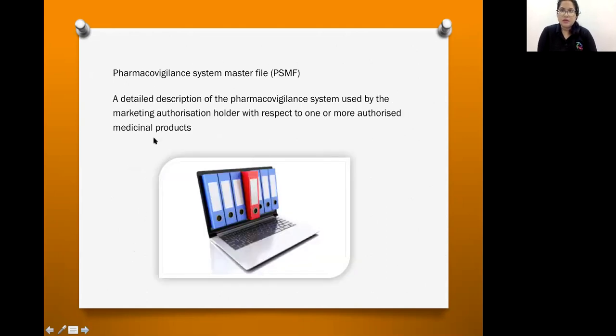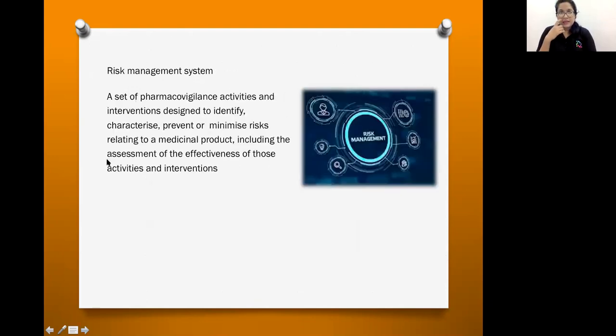In Europe, there is also a requirement of a pharmacovigilance system master file. It is a description of the pharmacovigilance system used by the marketing authorization holder with respect to one or more authorized medicinal products. Then there is the risk management system, a set of pharmacovigilance activities and interventions designed to,